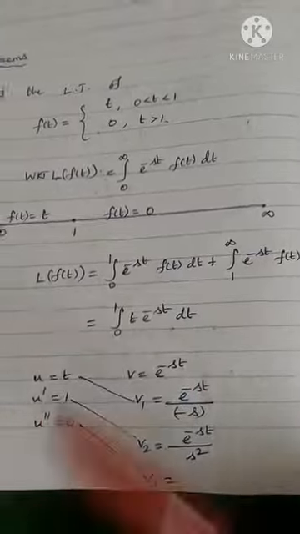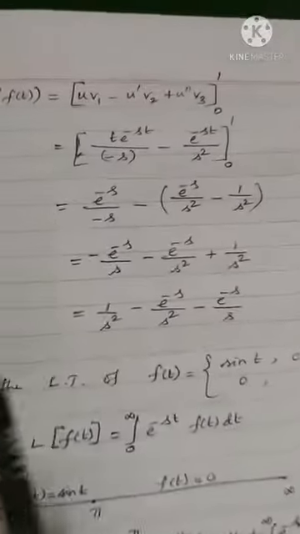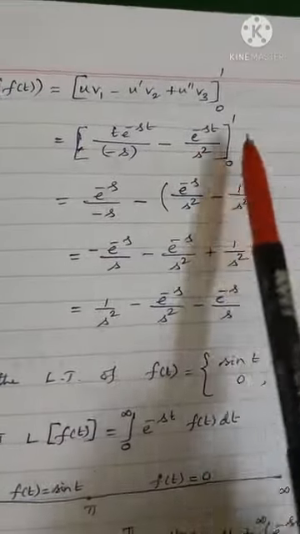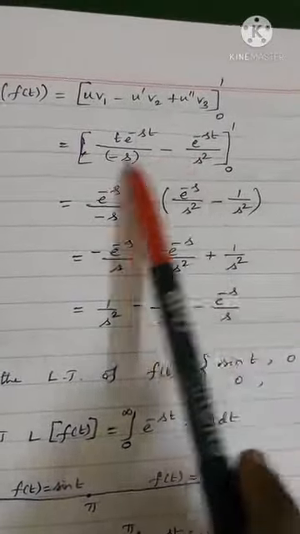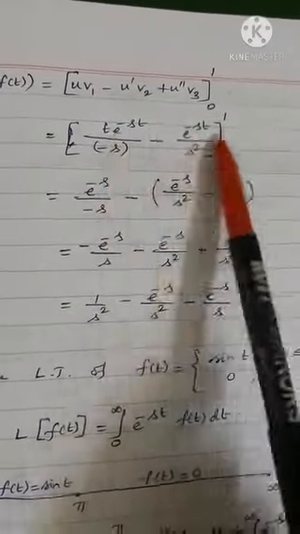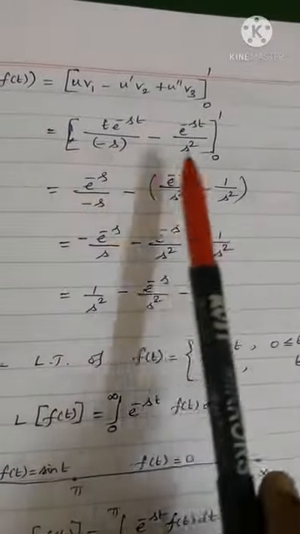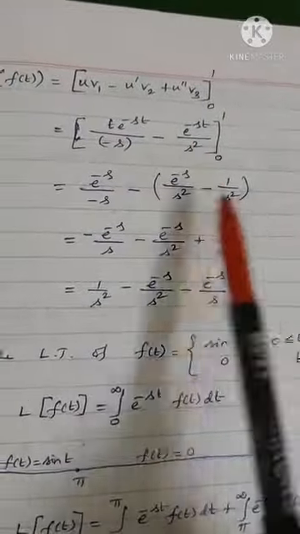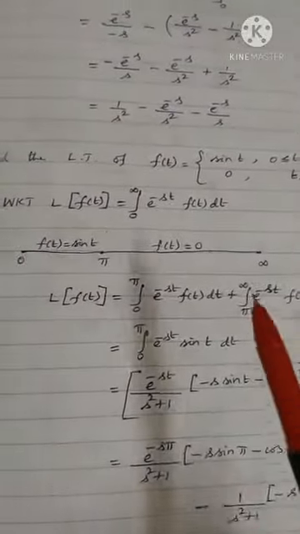For the second integral, it becomes 0, since f of t is 0. Here you should use the Bernoulli formula. Just substitute the limits. When you integrate with respect to t, you must substitute limits for the letter t. Upper limit, and here the lower limit is 0. Substitute for the upper limit and the lower limit, simplify and just leave it.